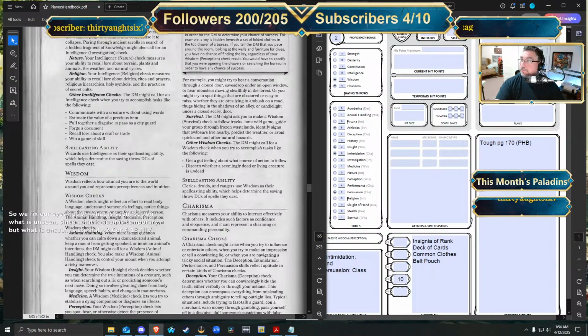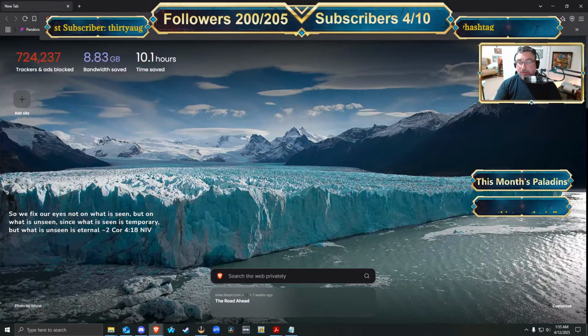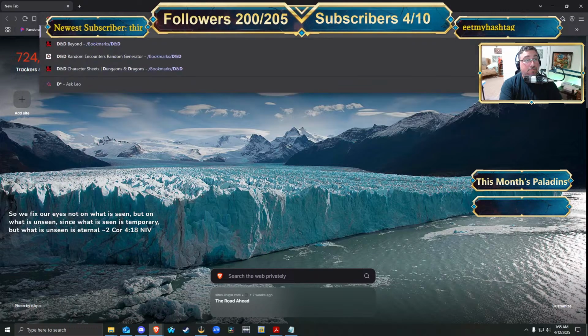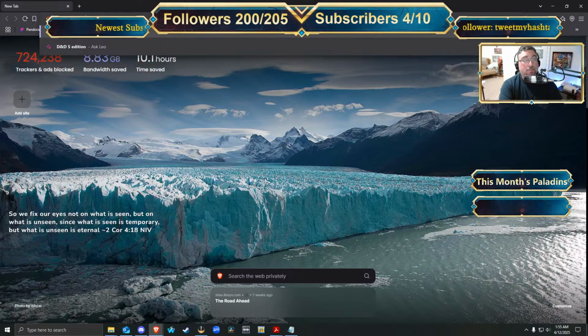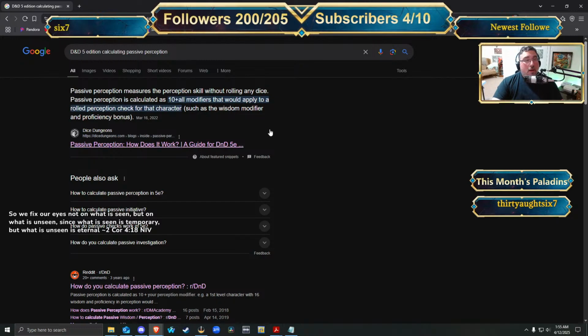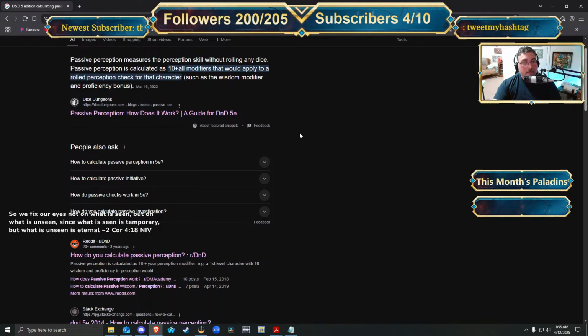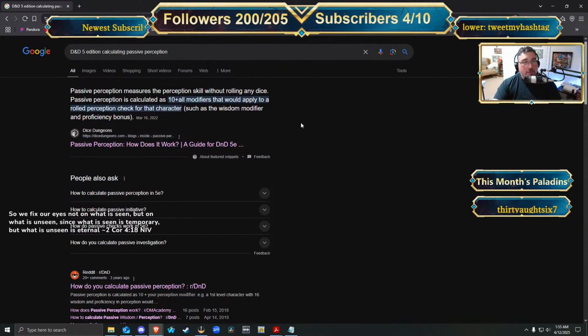Let's look it up. I'm having a hard time locating this in the Player's Handbook. Passive perception measures the perception skill without rolling any dice. Passive perception is calculated as 10 plus all modifiers that would apply to a rolled perception check for that character, such as the wisdom modifier and a proficiency bonus. Okay, so